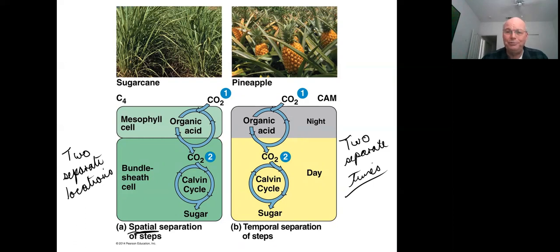You can find natural pineapples, but they're tiny little things like this. If you go to the Leu Gardens in Orlando, you can actually see the native relatives of pineapples, and you can see that they're tiny little fruit like this. We've artificially selected for larger, sweeter fruit that are edible